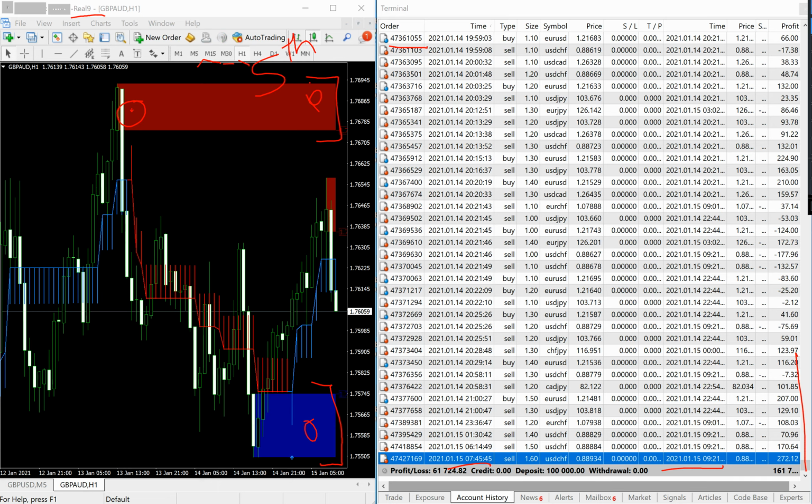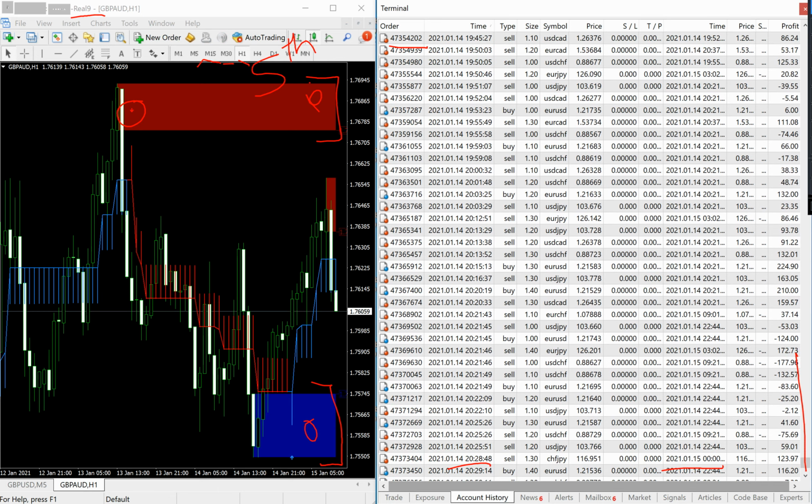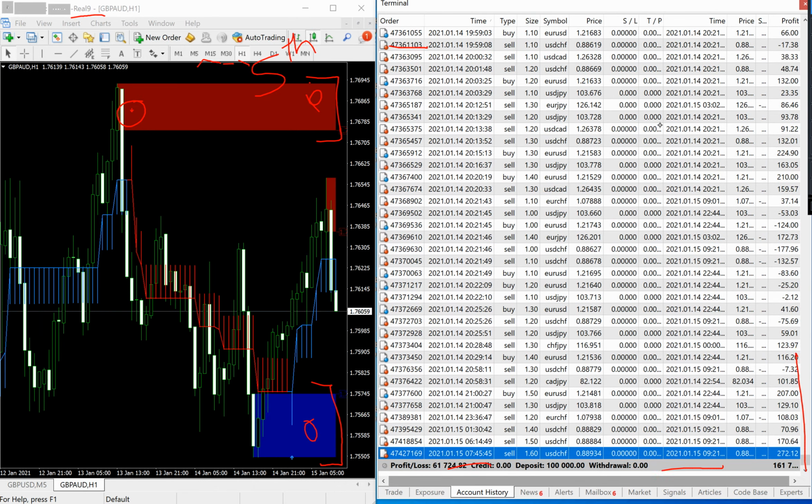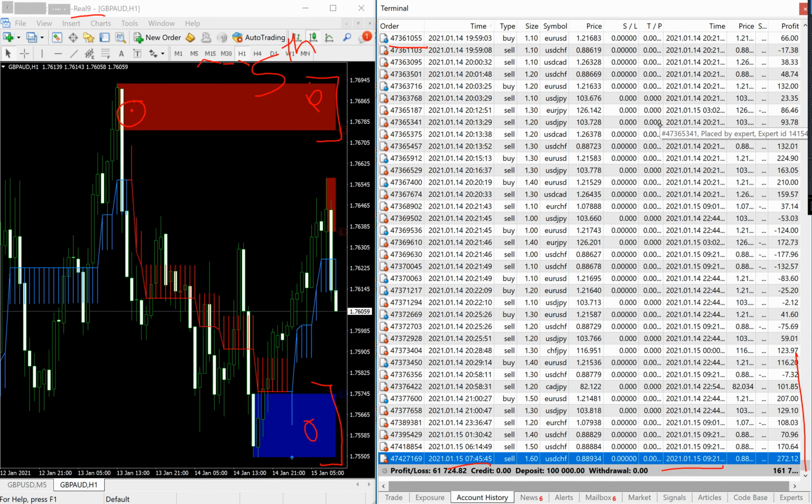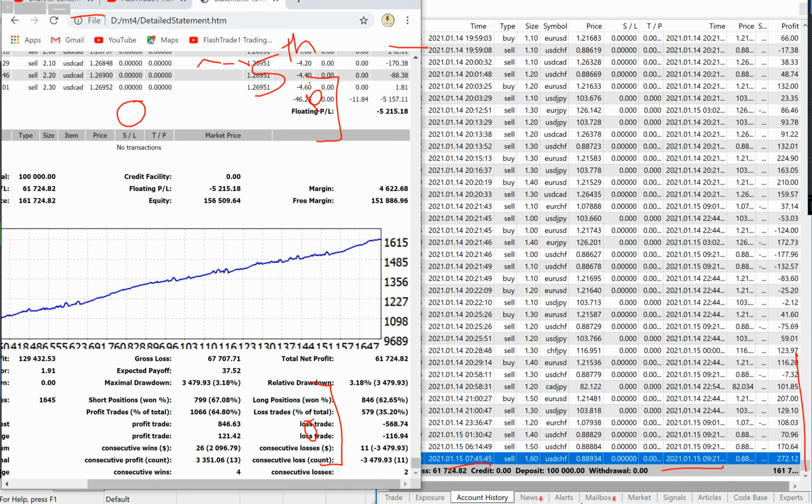Now we'll see the statement of this account. I'm moving to the statement where you can see that total profit on the account is 61,700. From the initial stage the graph has been very much upside with a constant move and a drawdown of just 3% on this account. Total trades placed on the account is 1645, where profit trades are 1066 and loss trades are